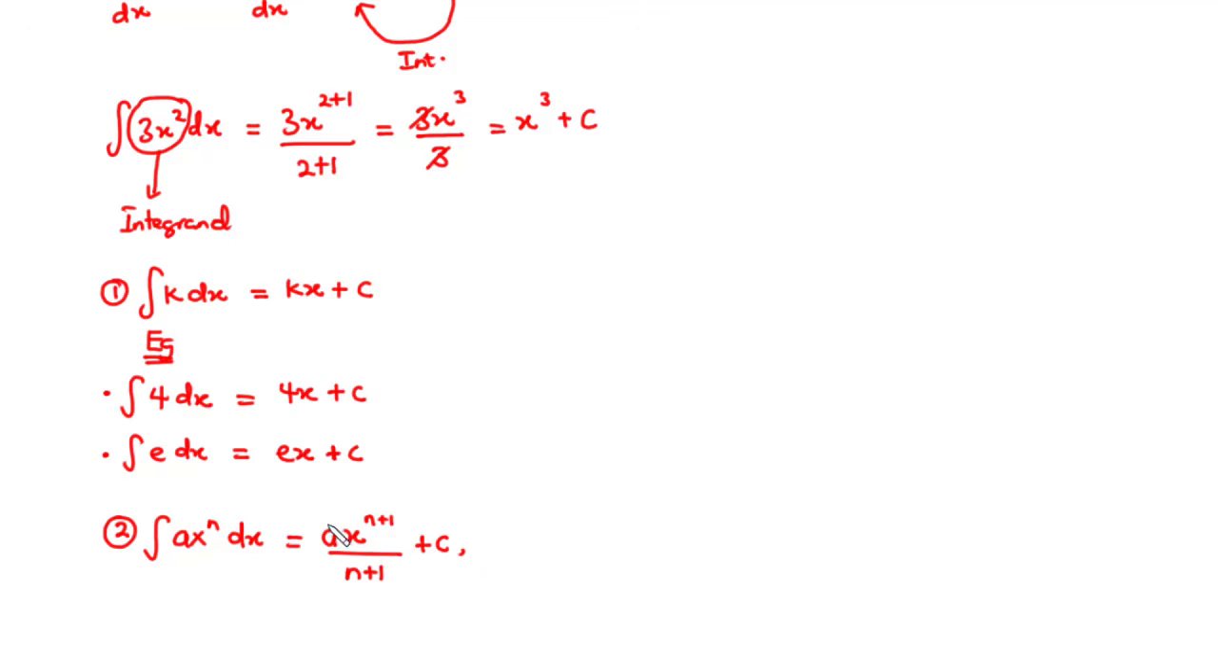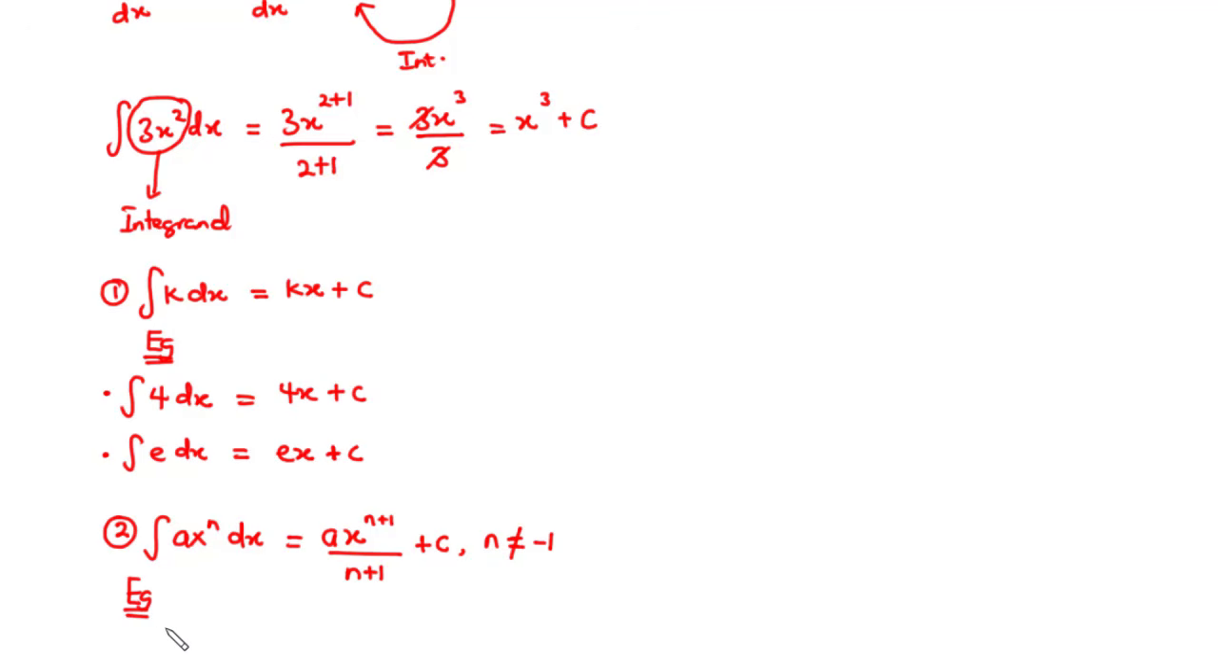Notice that a and n are all constants, and n can be any value. Say n can be 0, n can be a fraction, it can also be a positive or negative integer, except that n should not be equal to -1. So for example,